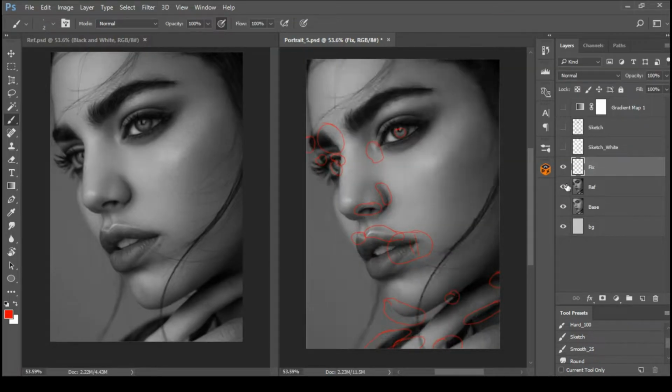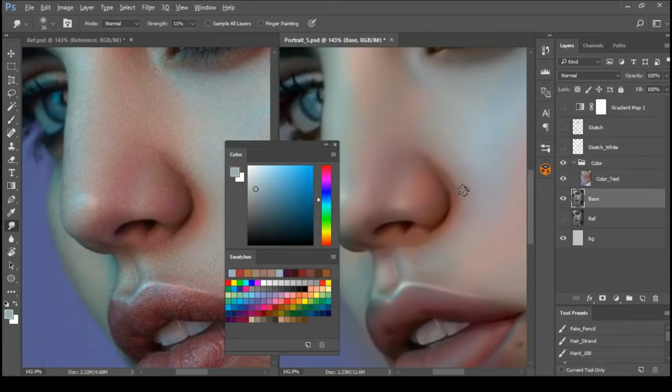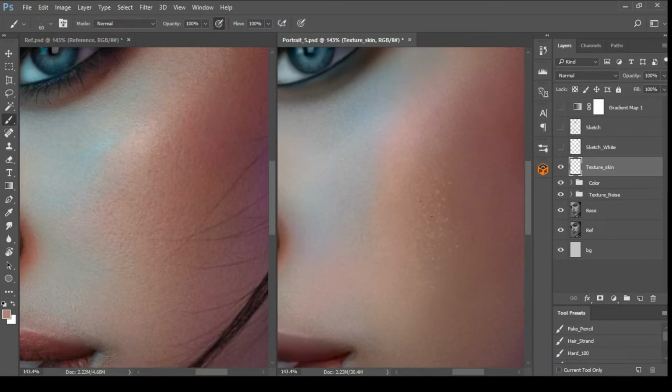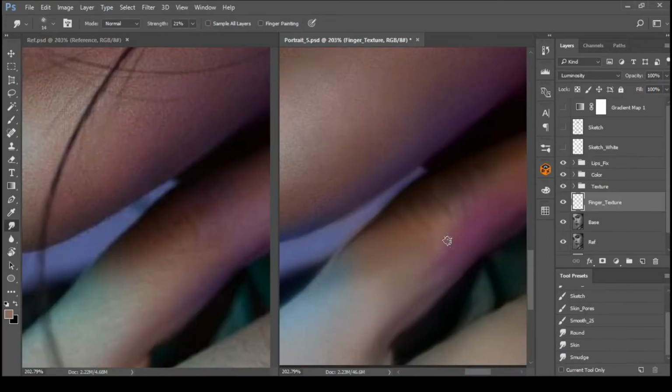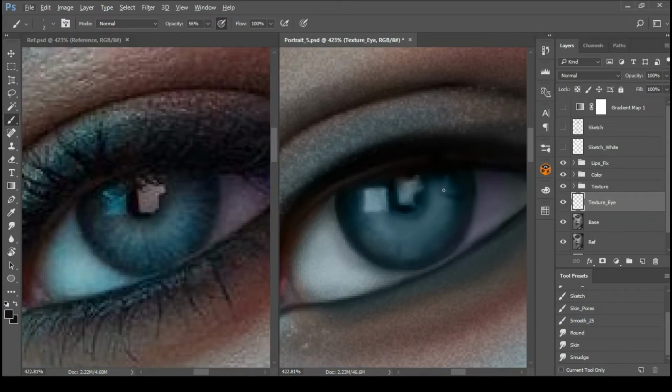identifying features that make the painting disproportionate and fixing them in liquify, coloring, skin texturing, lips texturing, eyes texturing,